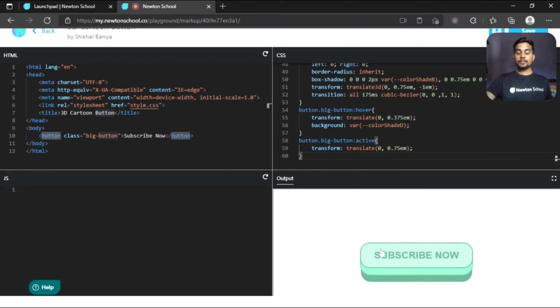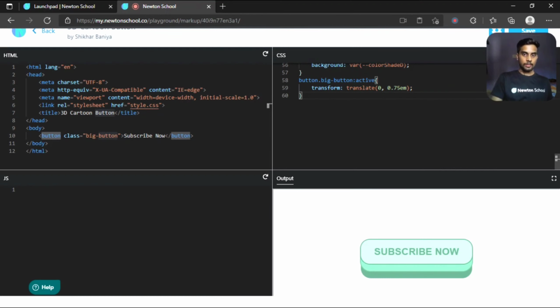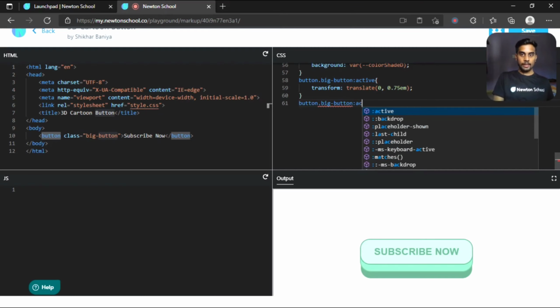Next, the last thing I want is for this before element and this shadow to compress, to press against the subscribe now button. So let's do that. Copy this active.